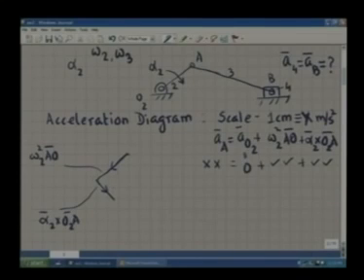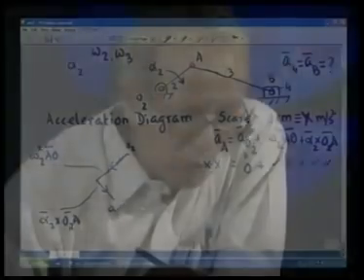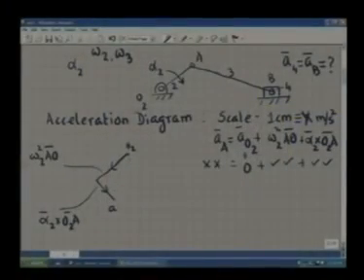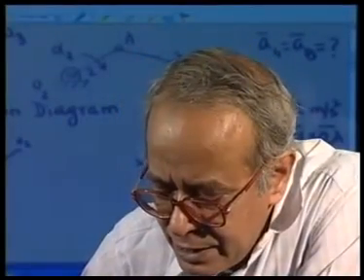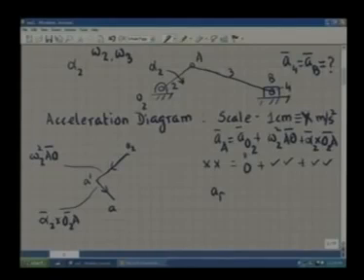So these 2 vectors when added give you the acceleration of the point A. So this point I start with O2 and this point I write A, because the vector O2A represents the complete, total acceleration of the point A. It has 2 components, O2 say A prime and A prime A. Once we have obtained the acceleration of the point A, I can determine that of the point B by writing AB